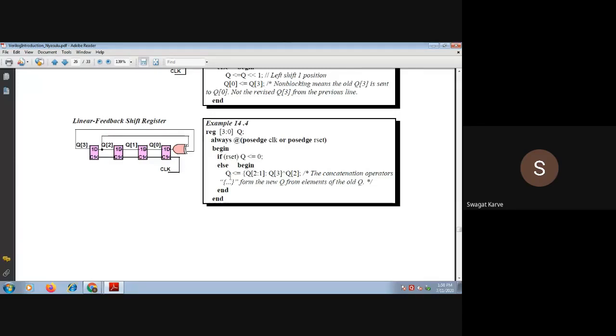So here q will get q2 as to 1, right? That means 1 2, that means these three, and this q3 and q1 get ORed and it will pass to the q2 as to 1. That means 0 1 2 3, that means 1 and 2, it will shift that value to the 1 and 2. So in this way you can write a simple code for this linear feedback shift register.